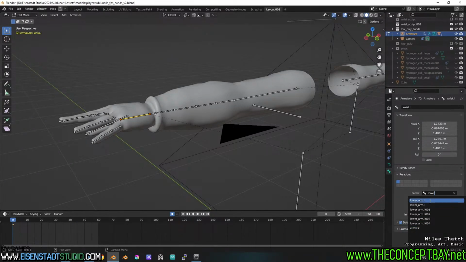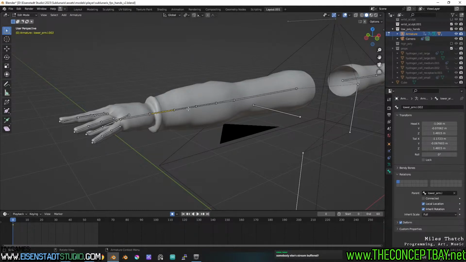Lower arm. This is left. Yes. And it is physically connected to it. Okay. That's good. What do we do next? Well, this lower arm, if I'm going to go into pose mode,